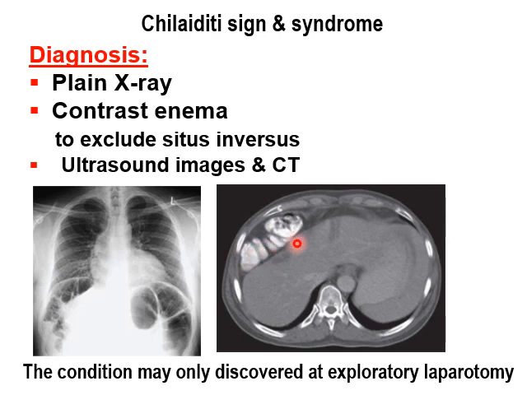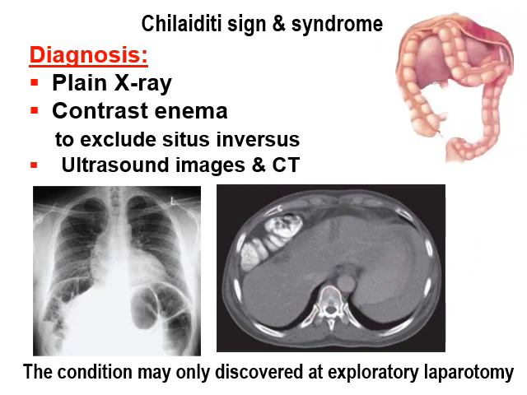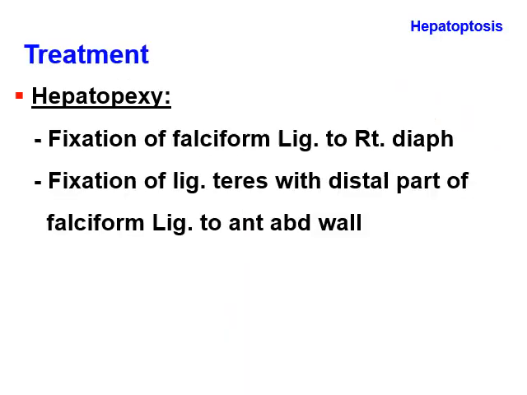Ultrasound images and CT scan may be needed, and the condition may only be discovered at exploratory laparotomy. The treatment of hepatoptosis is hepatopexy by fixation of the falciform ligament to the right diaphragm,